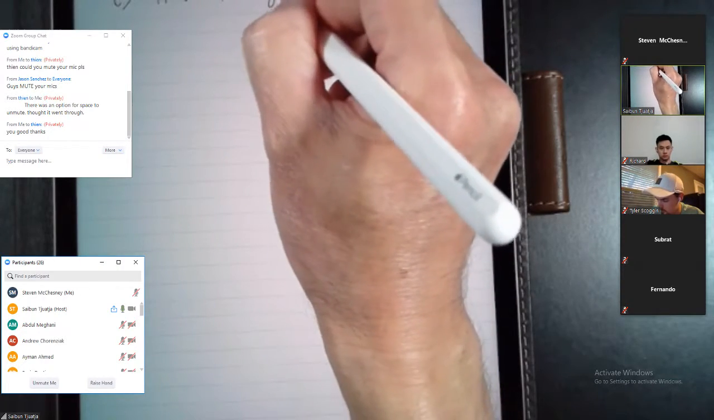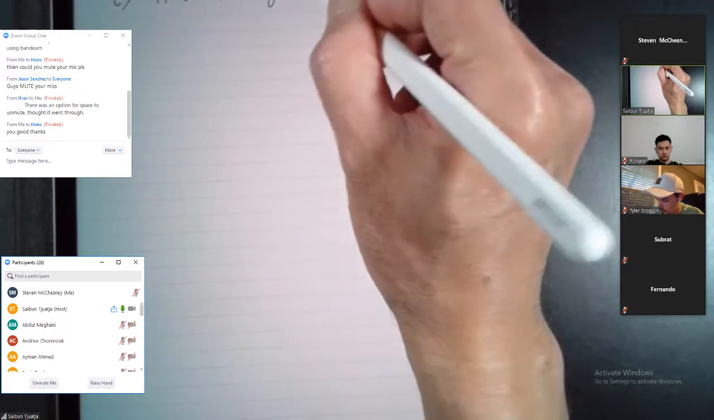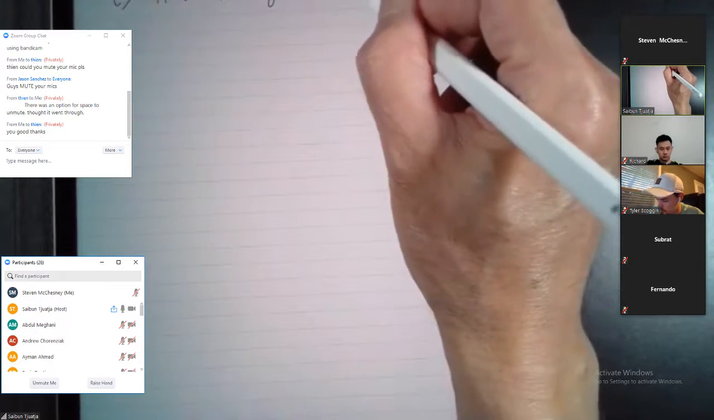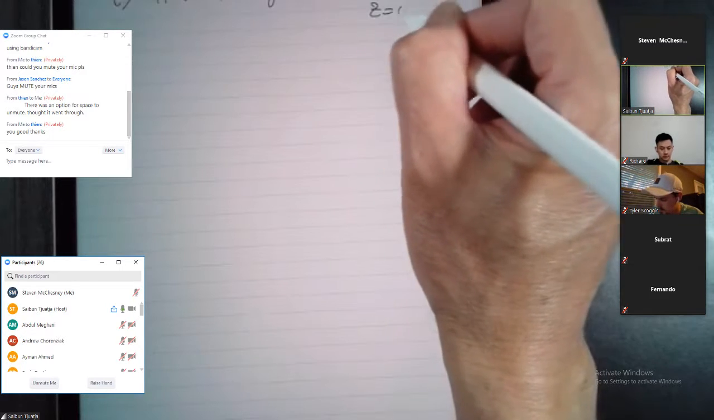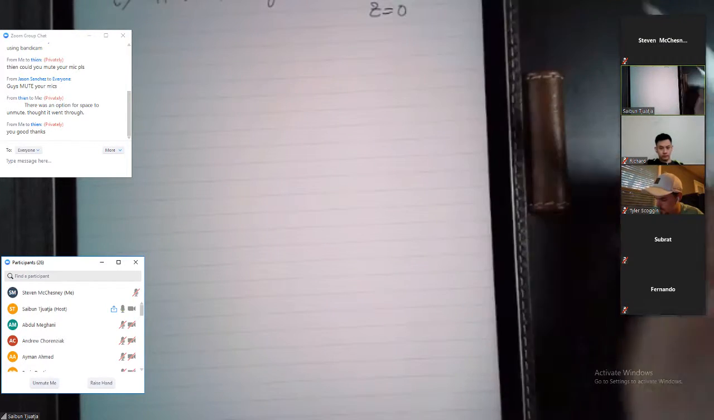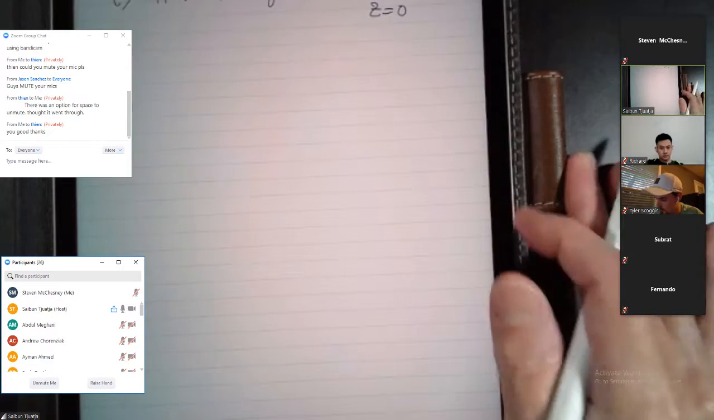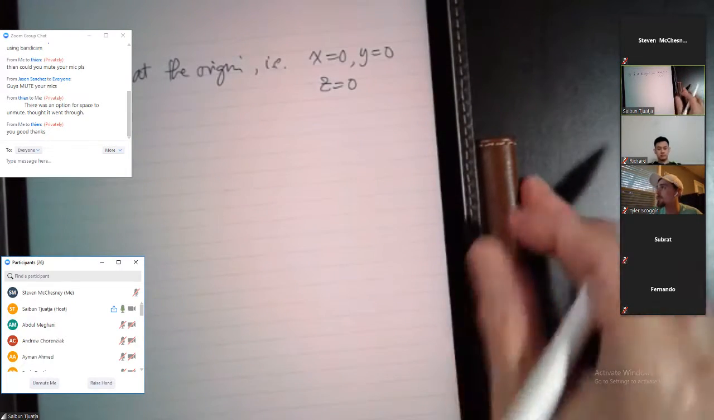What do we mean by origin? In other words, x equal to 0, y equal to 0, and z equal to 0, right? That's what we mean at the origin, right? So in that case,